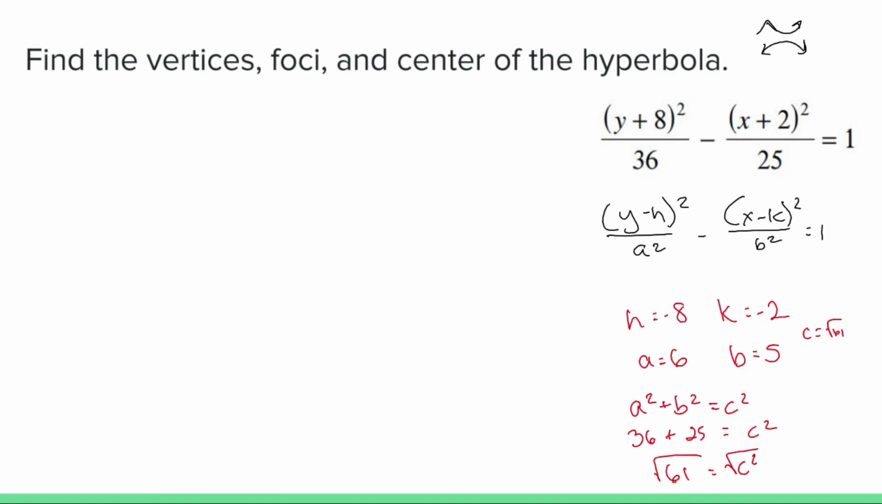Let's go in not the order that we're given. Let's do the center part first, just because the center is (h, k). And in this case, the center is going to be (negative 8, negative 2). Okay. The vertices